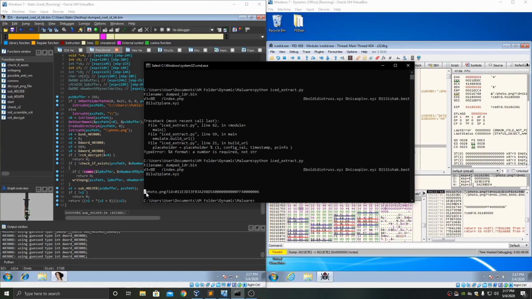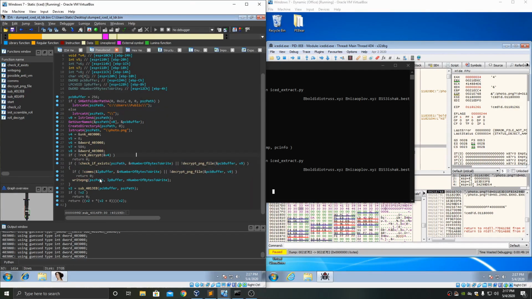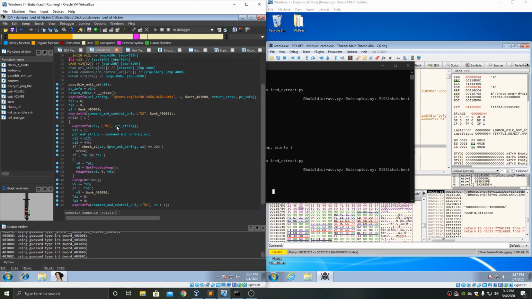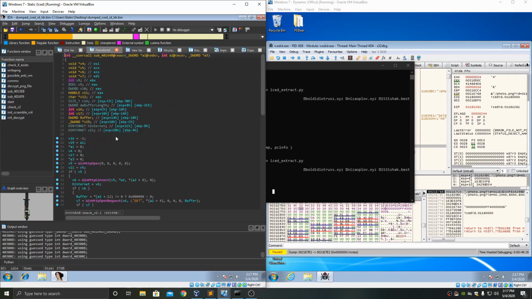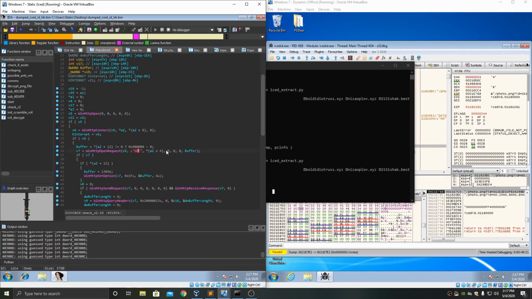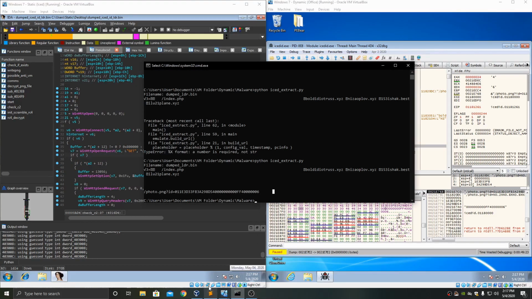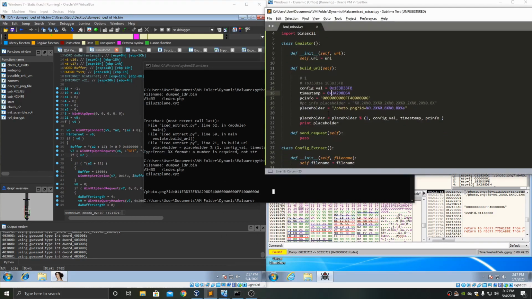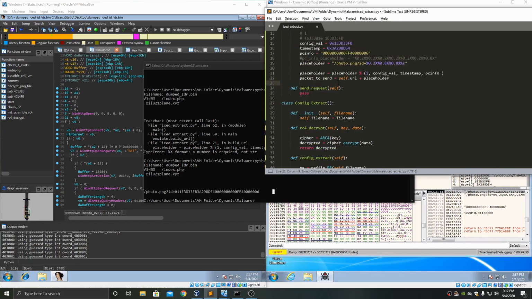All we need to do now is prepend the URL to the start of this, and then make a GET request, I believe, to the server. So if we go to comms again, scroll down, we've got check C2, and yep, it's a GET request. So we can use the requests module for this. But first we need to prepend our URL. So then if we do packet to send is equal to self.url plus the placeholder, and then we want to return packet to send,